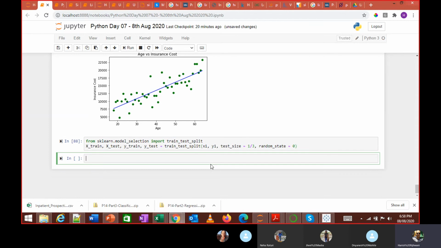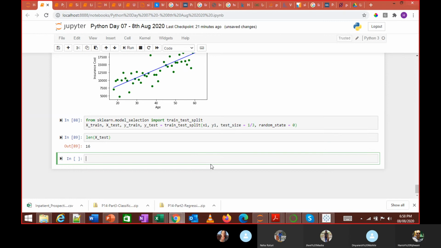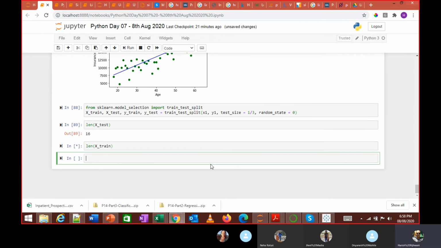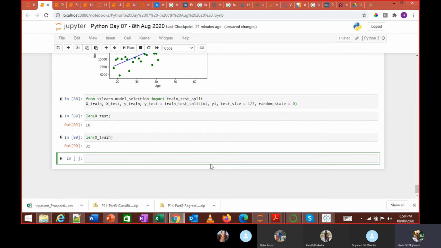If I look at this, the test set has 16 values. So these 47 values have been split into 31 for training and 16 for testing.